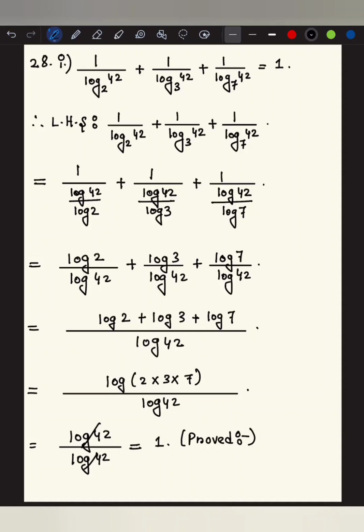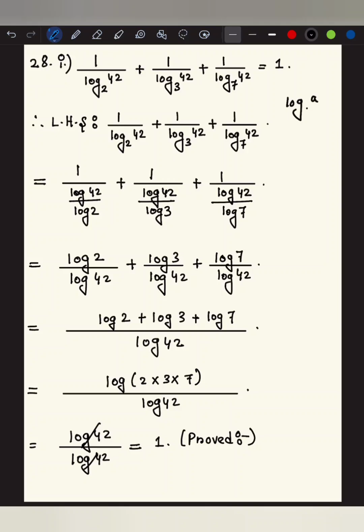Okay, let's come to question number 28, subpart 1. So we need to prove this, that 1 by log 42 base 2 plus 1 by log 42 base 3 plus 1 by log 42 base 7 is equal to 1. So these are some specific type of questions, and we just need to know how to do them. So taking the left hand side, we get 1 by log 42 base 2 plus 1 by log 42 base 3 plus 1 by log 42 base 7 is equal to, now see,